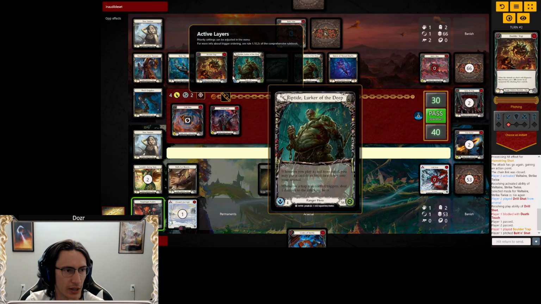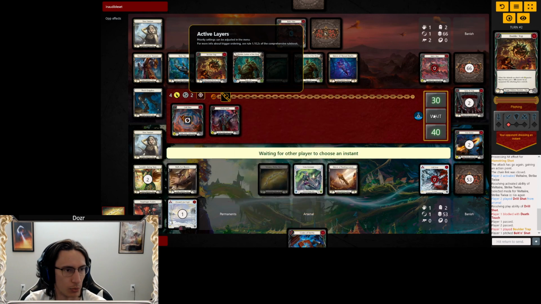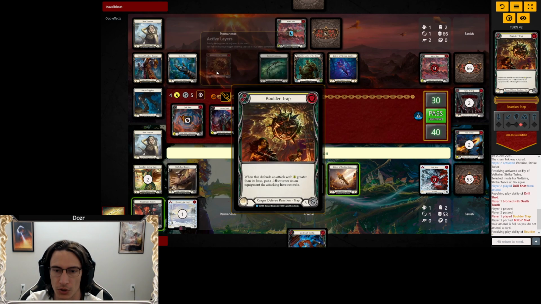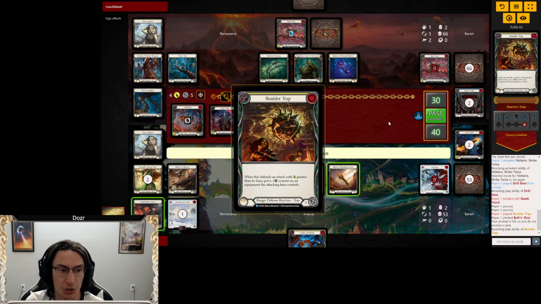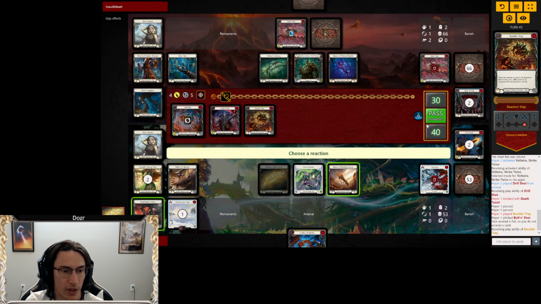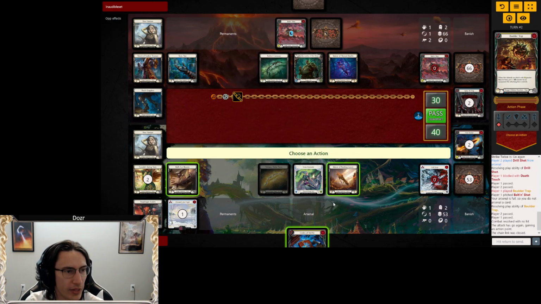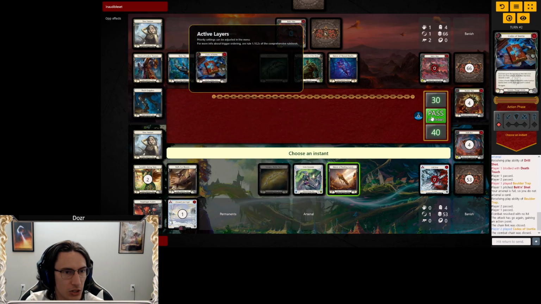Boulder Trap, okay. Again, that's not really a problem for us. Not only does our armor not block, and do we not really try to use it to block, but a lot of these trap effects are not hitting our stuff because we're sending base value cards at our opponent. All right. So now that that's completed, we can activate Codex of Inertia